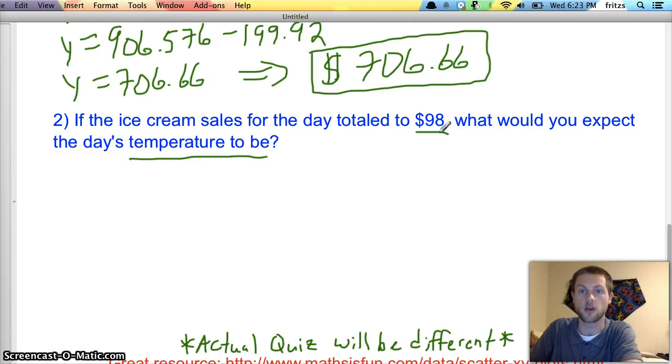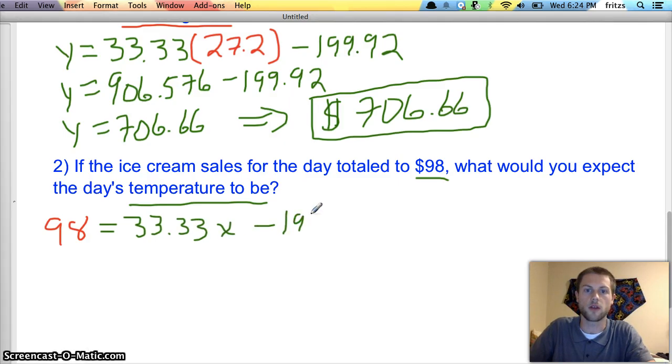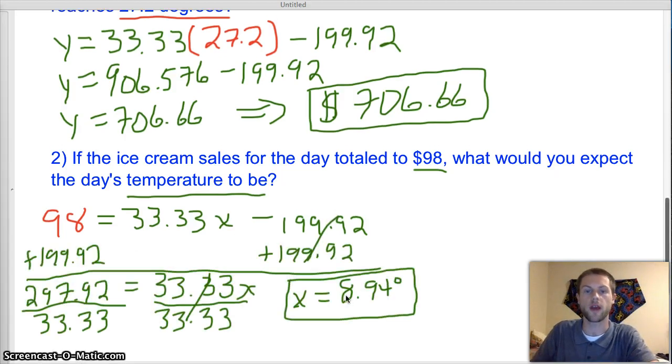So here we're given the sales and we want to know the temperature. So again, we're going to go back to our equation model, and we're going to this time plug in y, substitute y for our sales, and we're going to solve for the x value. So we've got $98, and that's going to equal 33.33 x minus 199.92. All right, at this point I'm going to do the algebra to solve for x, and I'll resume once I do that. So, all right, so I did the algebra out for here, solving for x, and I got